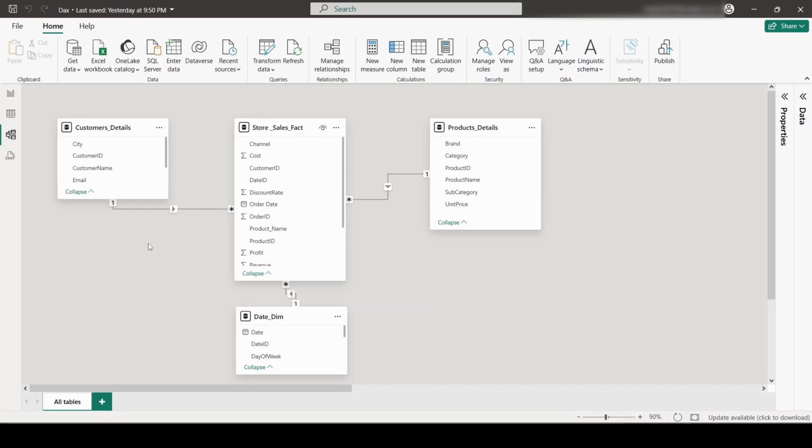So you can see here all these three tables which are connected to our fact table in terms of one to many relationship. So if you see this customer table, the filter direction goes from my customer table to sales table, and in a similar way my product details table, my filter direction goes from the one side of my table to the many side of my sales table. So what does this filter direction mean? So for example,